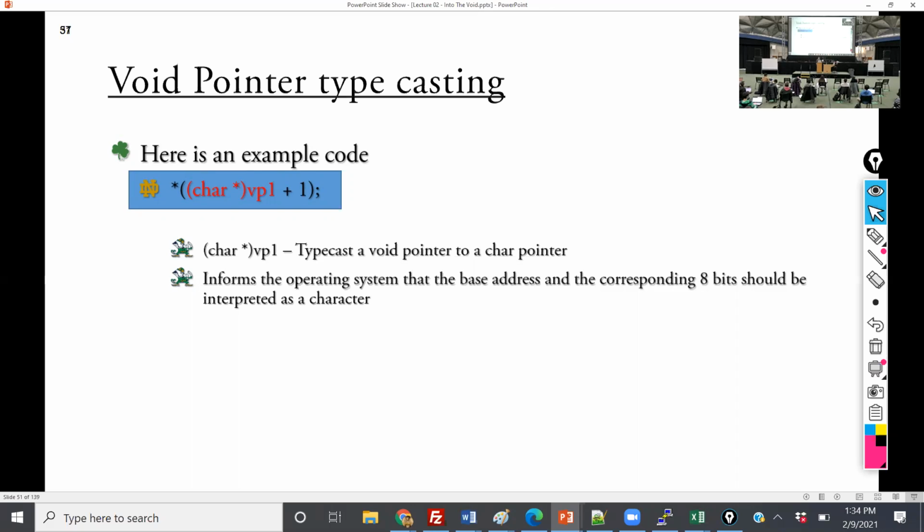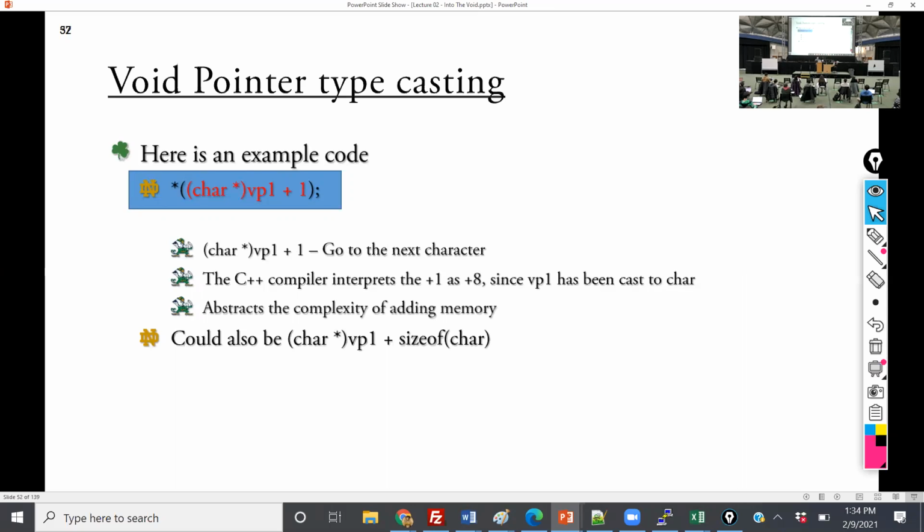So now, what's going on with this +1? Because C++ will treat this as objects, you cast it to a character and add 1. What the computing device will do with the C++ compiler is convert that to +8. So you say 2, that would be 16, so you'd go to 0, 1, and then 2. Does that make sense? Now we're seeing some abstraction in object-oriented programming. Normally in C++, you'd have to say size of char, because you'd have to be explicit about it. But now we're starting to see a little bit of abstraction.